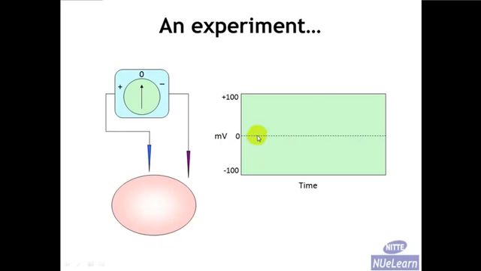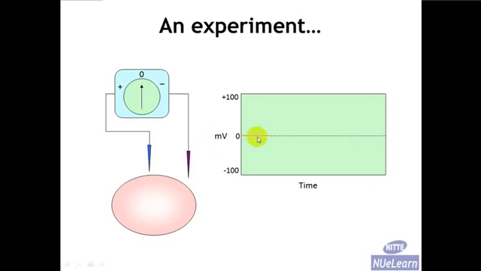This is the isoelectric line, the zero line, and if the signal goes above the zero line, you would be recording a positive membrane potential, and if the signal goes below the zero line, you will be recording a negative membrane potential. So this would be the basic setup that is required to record membrane potentials, and let us say that under visual guidance you gradually bring the recording electrode and the reference electrode to a point close to the cell membrane, and in such a situation what you would observe, what the voltmeter would record, is essentially a flat line